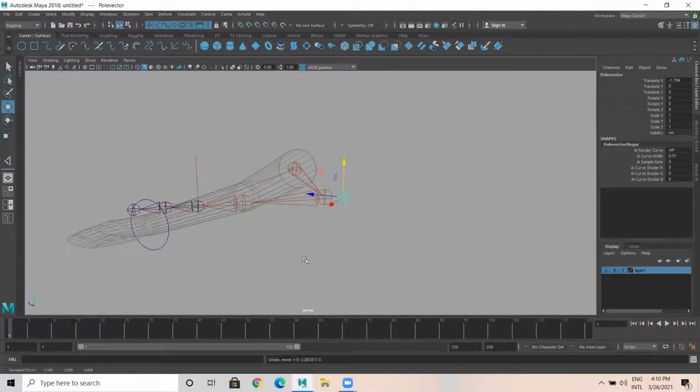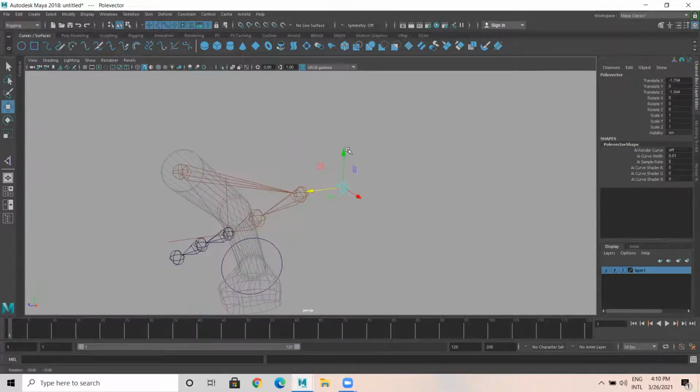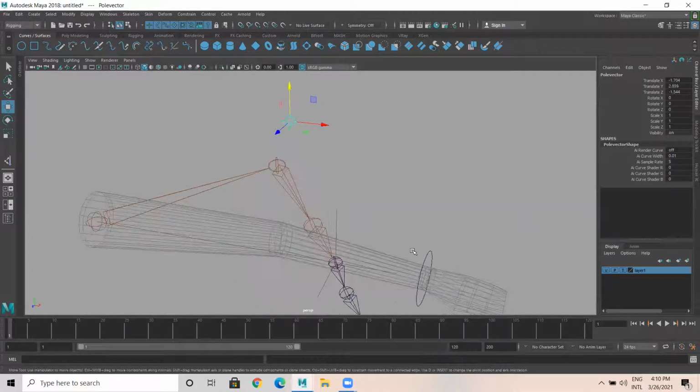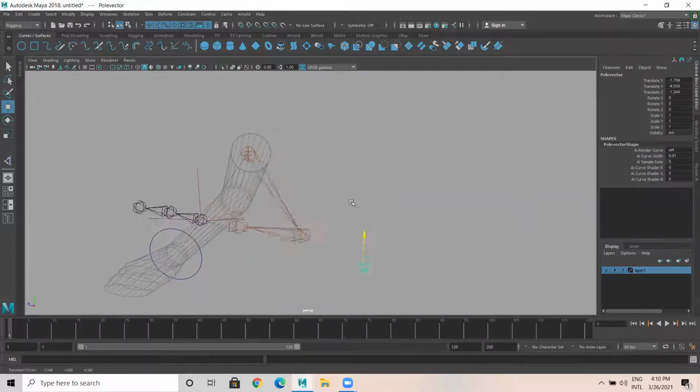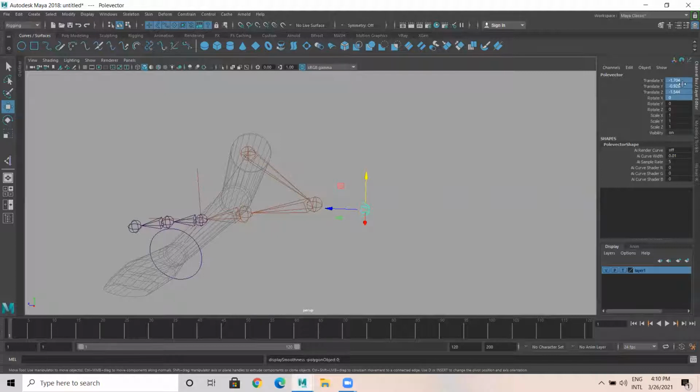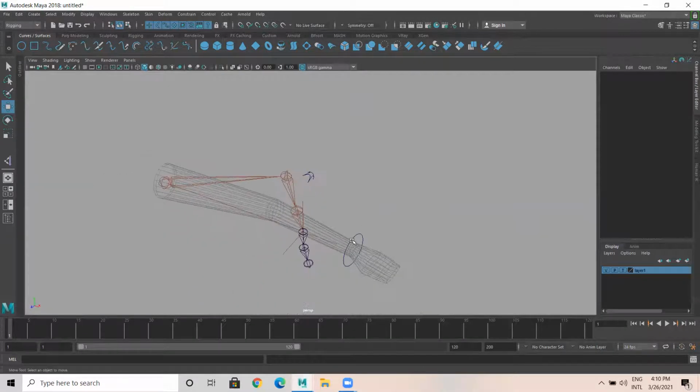See, by moving the pole vector, you are moving the elbow. The IK handle, this particular curve, doesn't have that control, whereas that control has been given to the pole vector. Okay, so now it is a success. So what I'll do, I'm going to scale XYZ, always it will be 1. This controller, any curves or anything you take, only translate XYZ, I make it 0. I make it 0. Okay, now it is in position. Now I'm selecting this.